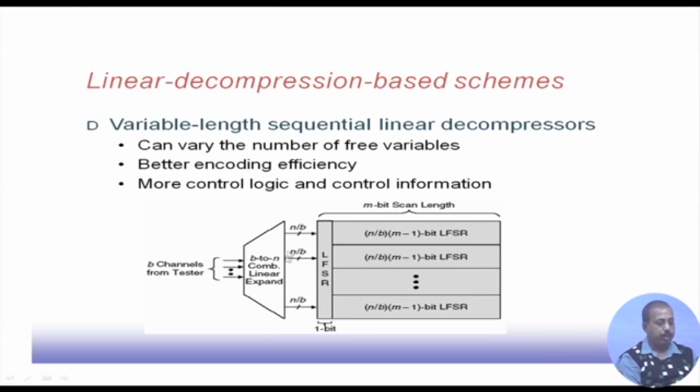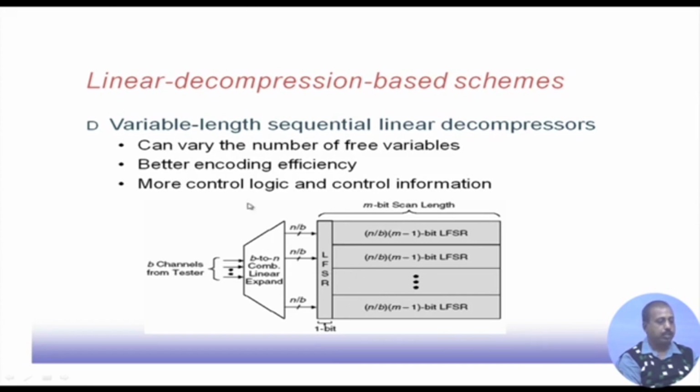Each of them has n by B bits, and they are fed into this LFSR. One bit will be taken from the LFSR, and then it is further feeding n by B into an m minus 1 bit LFSR. The remaining m minus 1 bits will be taken from this LFSR, and the 1 bit will be taken from this. That way different scan chains will be fed